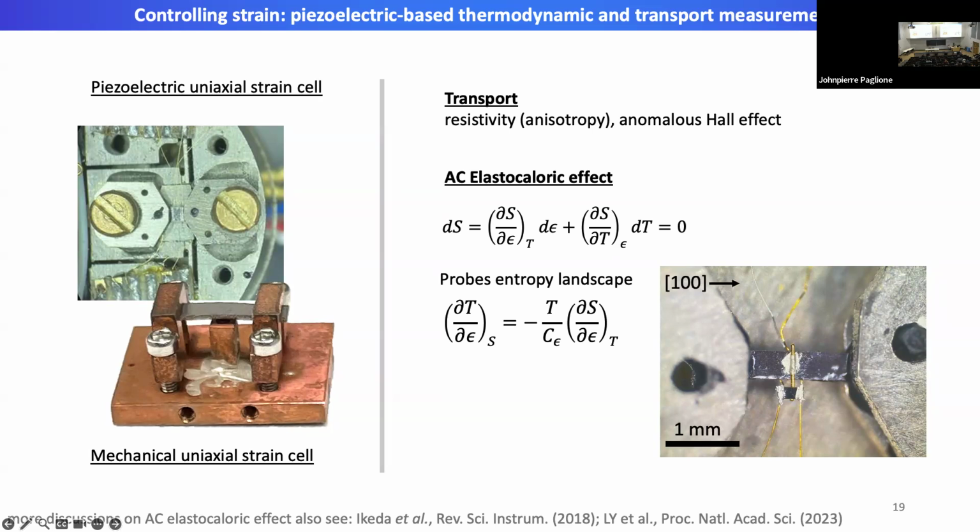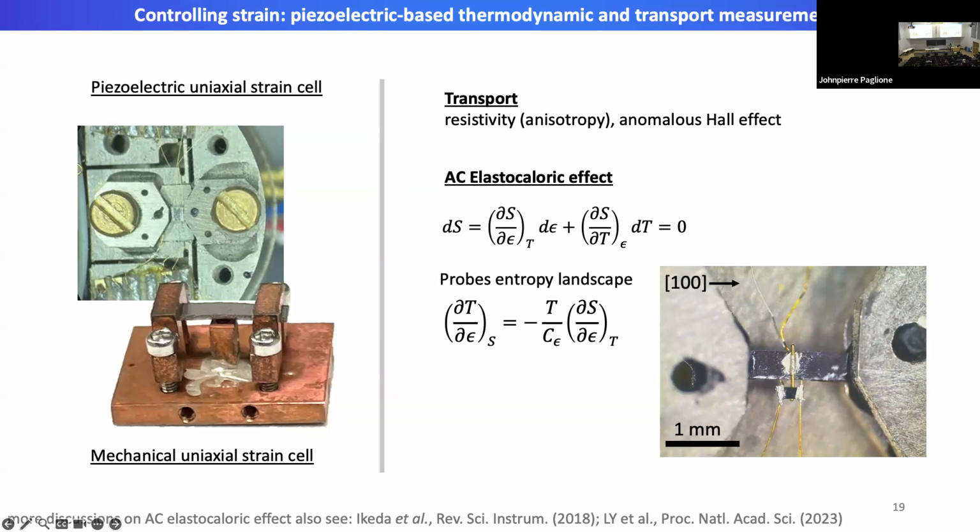So experimentally, after you deform the crystal using the strain setup, we will pair this with some sort of probe, and we can either pair this with transport probes, which measure resistivity and anisotropy or anomalous Hall effects, or we can pair this with caloric measurement, where, in this particular setup, you can see that we have a little thermometer here that measures the temperature of